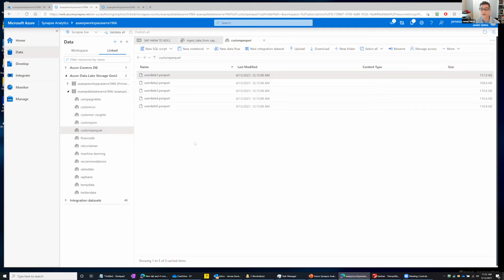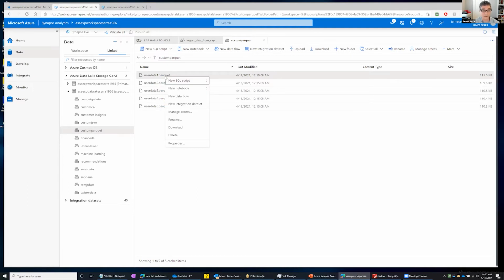I want to explore. Well, previously to do this, it was a bit of a pain. I'd have to use something like Databricks. I'd have to go and create a cluster. I'd have to start the cluster. I'd have to link to this data lake, and then I'd have to run a query using Spark SQL, and then I'd be able to see what's inside of it. And that could be time consuming and costly.